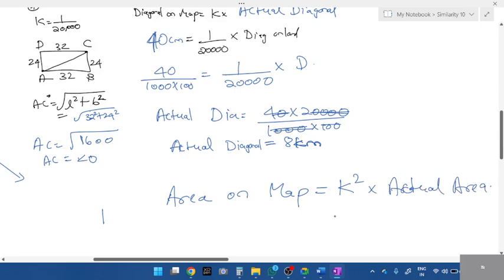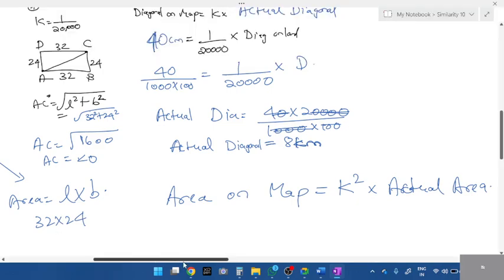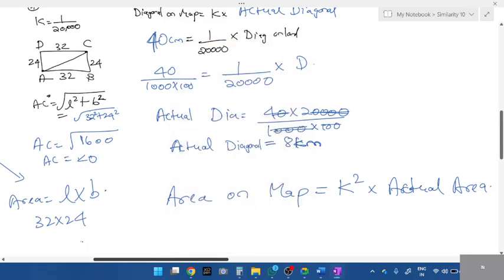This formula, actual area. How do you find area for a rectangle? Length into breadth. 32 into 24. Multiply 32 into 24. 768. Is it in centimeter or what? Centimeter. What is the k value? 1 by